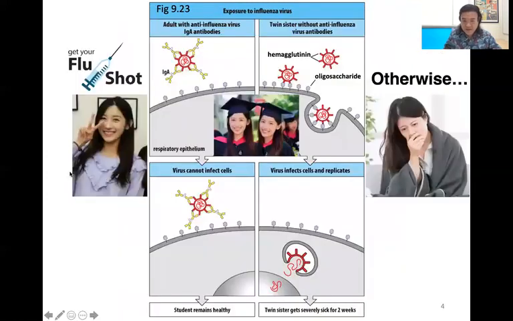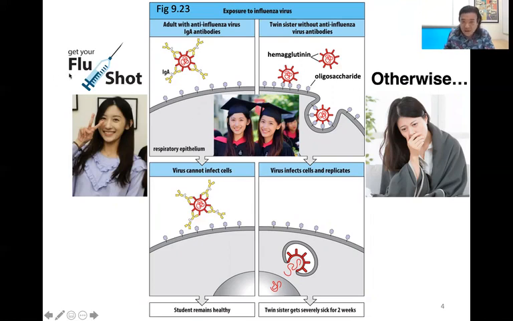What about vaccines, though? So here's another scenario. Both of these scenarios, the brothers and also these twin sisters, are scenarios that your textbook uses. I think they're kind of funny in a way, because I don't know why the book goes to the extent of actually coming up with a story like this, but it's kind of nice. So you have these twin sisters, right? They're in college together,